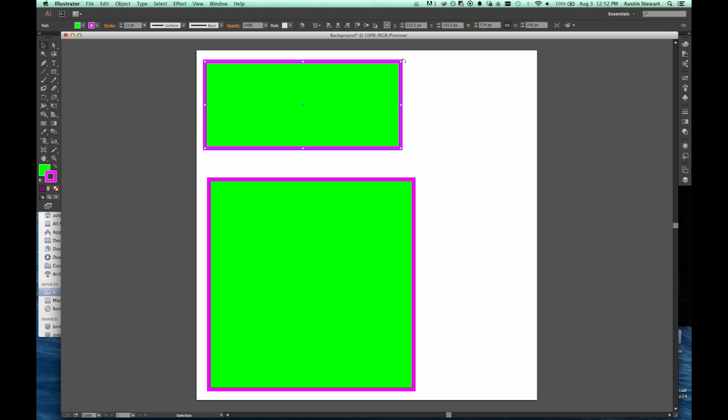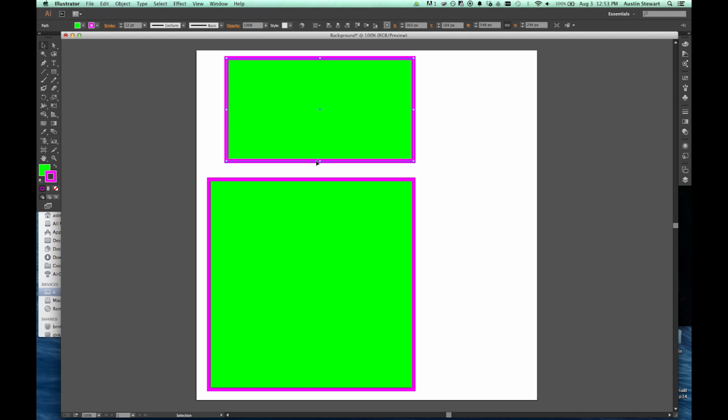So the first thing we can do is if we hover over one of these corner anchor points, it doesn't matter which one, we can click and drag and we can rescale this rectangle. And you'll notice that it scales around the opposite corner, right? So this corner was opposite the one I had selected, and so that is where it was essentially pinned to the artboard. If I come up here and grab this, it's going to do the same thing, but just the other corner. I can also choose to expand one side at a time, so I can just pull this side out. I can click down here in the center of this, pull this side down,